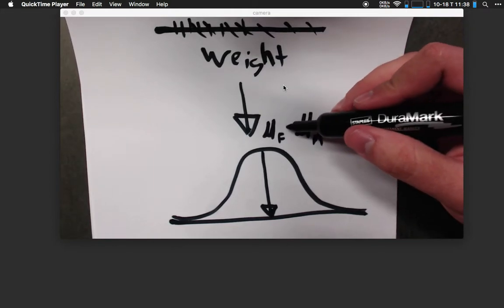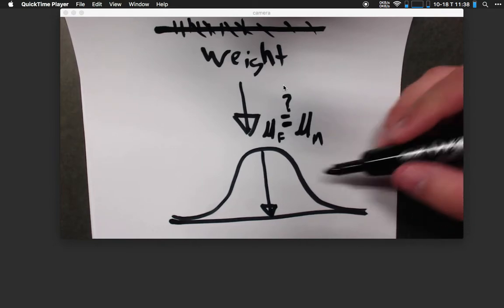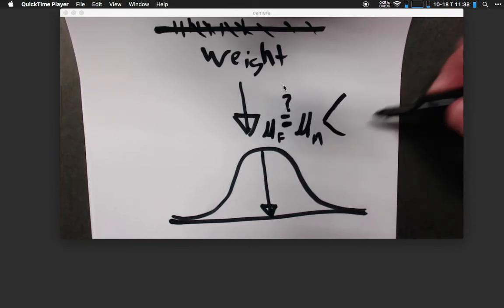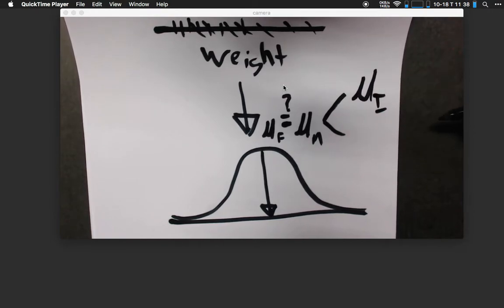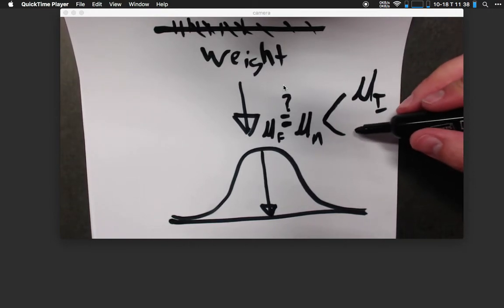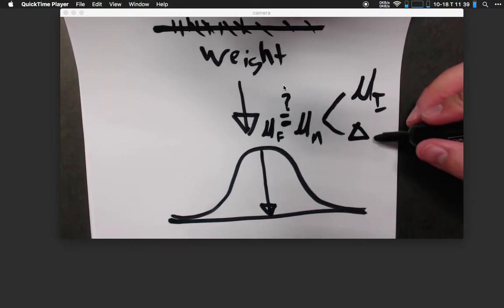We don't know, though, if these are equal or not. So we actually reparameterize it as a center point, so an intercept, and then let's just call it delta for a difference between men versus women,